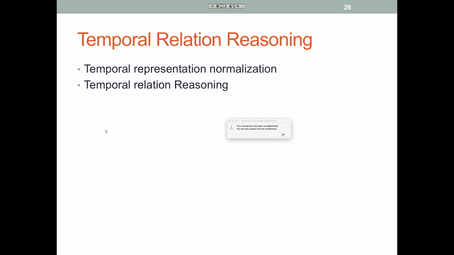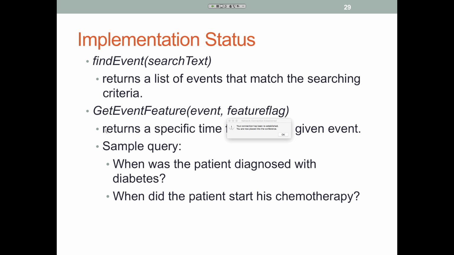As we can recall, there are 3 different components of the Timer, and the third component is reasoning. So we are trying to build an API to provide different functions so that we can answer different kinds of temporal relation questions. Here is a list of API functions. The first function is to find the event. Basically, given some text, we want to search to see if the event actually happened for a patient. And the second function is to answer the when question. So when did a specific event happen?